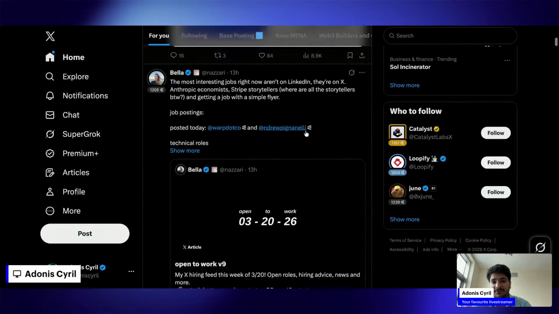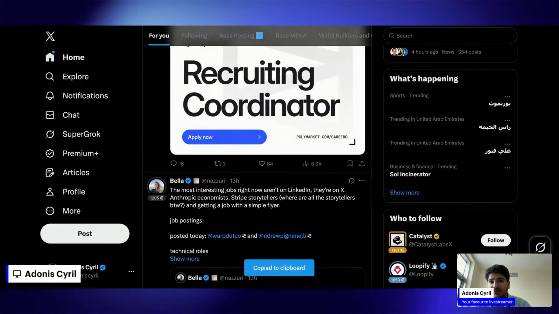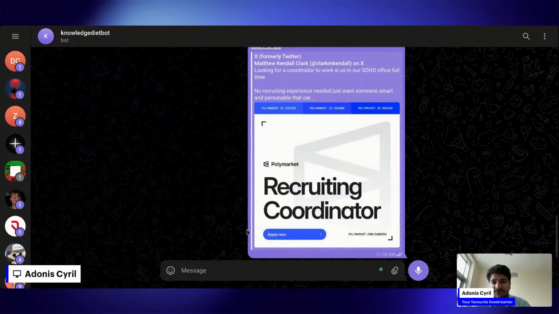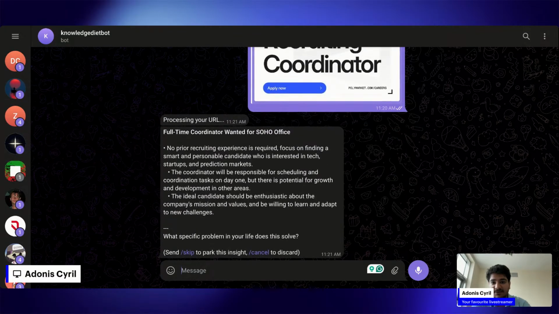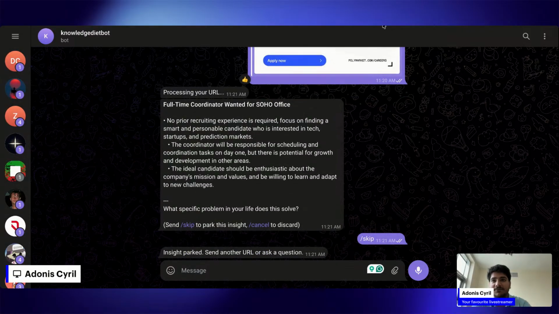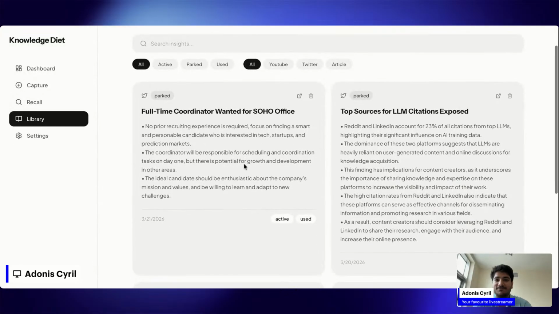Okay, for example, let's just say I want to remember this. Then I can basically go to this one bot. It's called Knowledge Diet Bot, which is right here, and I can just post this, and it will ask, do you want any specific understanding? You just skip, right? Inside park, boom, this is how simple it has gotten now. I come back here, I go to library, boom, it's there. I love this so much, I cannot tell you.